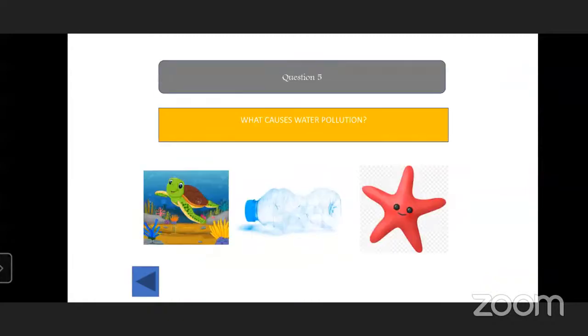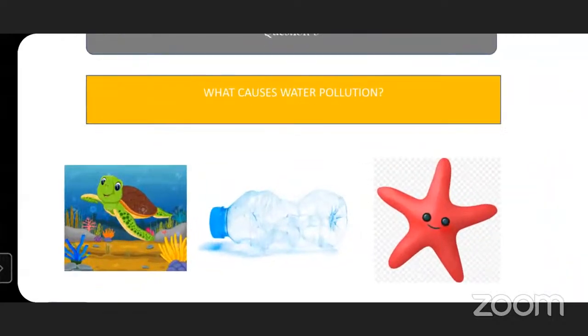This one is the last question. Tell me, what causes water pollution? Due to which thing is water polluted? In the first picture, there is a turtle. In the next picture, a crushed water bottle.